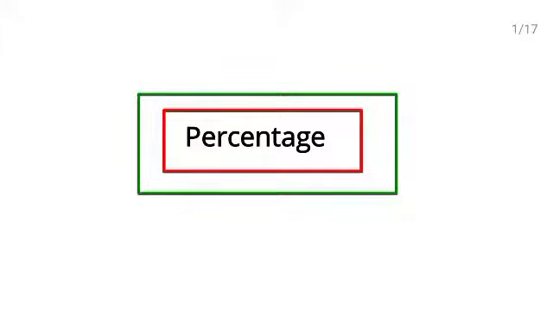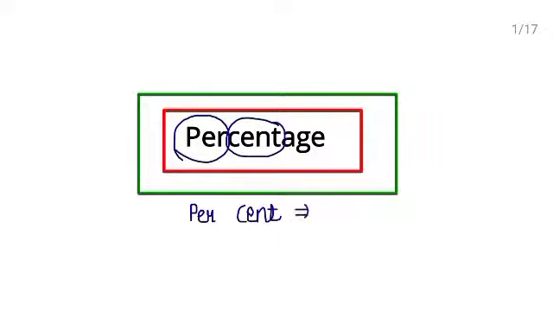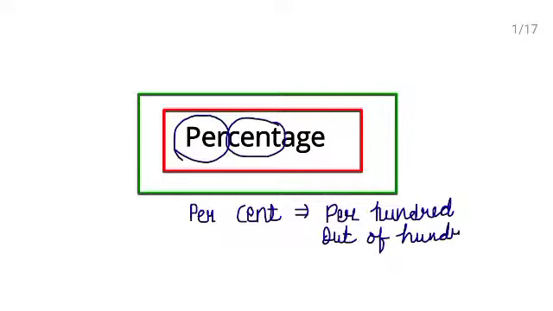Students, today we are starting new chapter number 9, and its name is percentage. So before starting the exercise work, let's understand what is percentage. The word percent is made up of two words, per and cent. Percent means per hundred, or you can say out of 100, right? And its symbol is this.